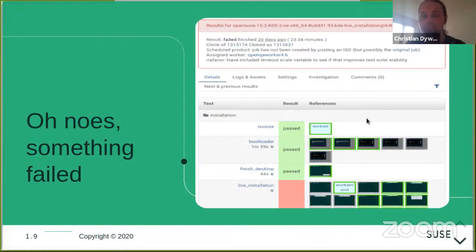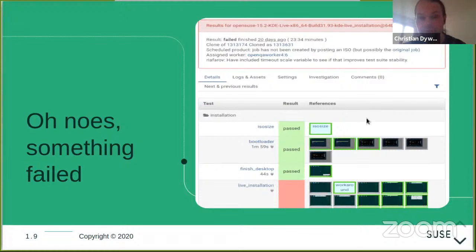So at SUSE, for instance, we have separate production instances for openSUSE as well as for SLE, for the enterprise distribution. And so they both have their separate infrastructure running various types of hardware. So in this case, it's plain x86 Intel, I believe.